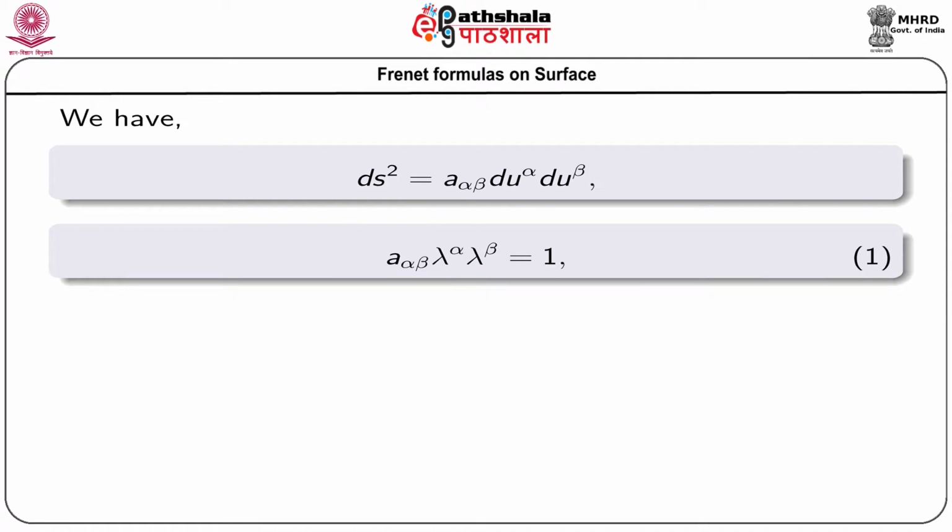Now, from that equation we can get a alpha beta lambda alpha lambda beta equals 1, just by dividing by ds square in the above equation. We get the expression 1, where lambda alpha is equal to du alpha by ds,